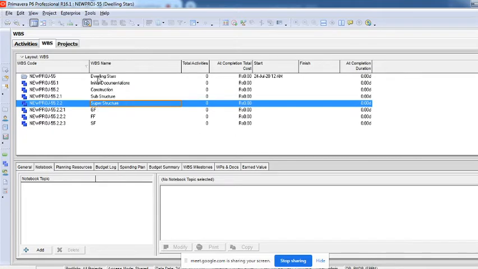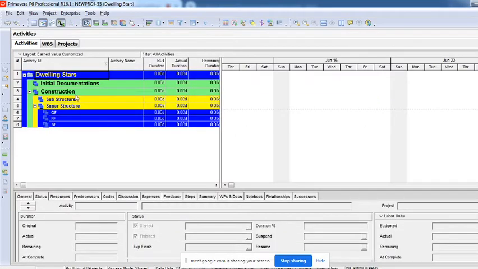Right? So if you want to see this in a hierarchical structure, then you can go to this activity page. You can see here what we have created. It has come here: initial documentation, construction. Under that, substructure, superstructure. Under that we have floors. Probably under that again there's column works, beam, slab, and so on and so forth. So we can create activities there again in a superstructure. What other things have to be there? So that could be a WBS, or you can create an activity also.